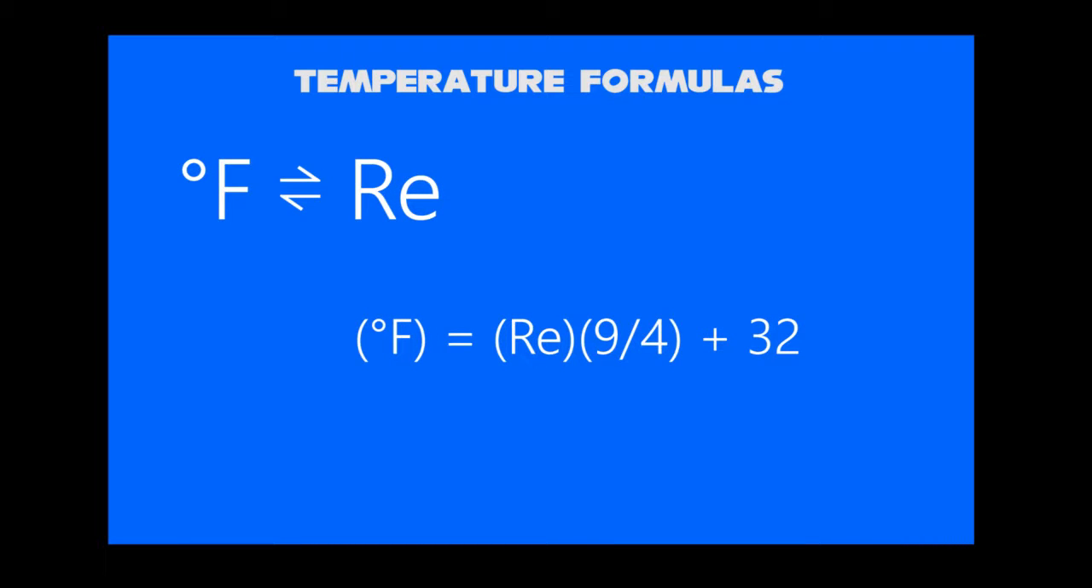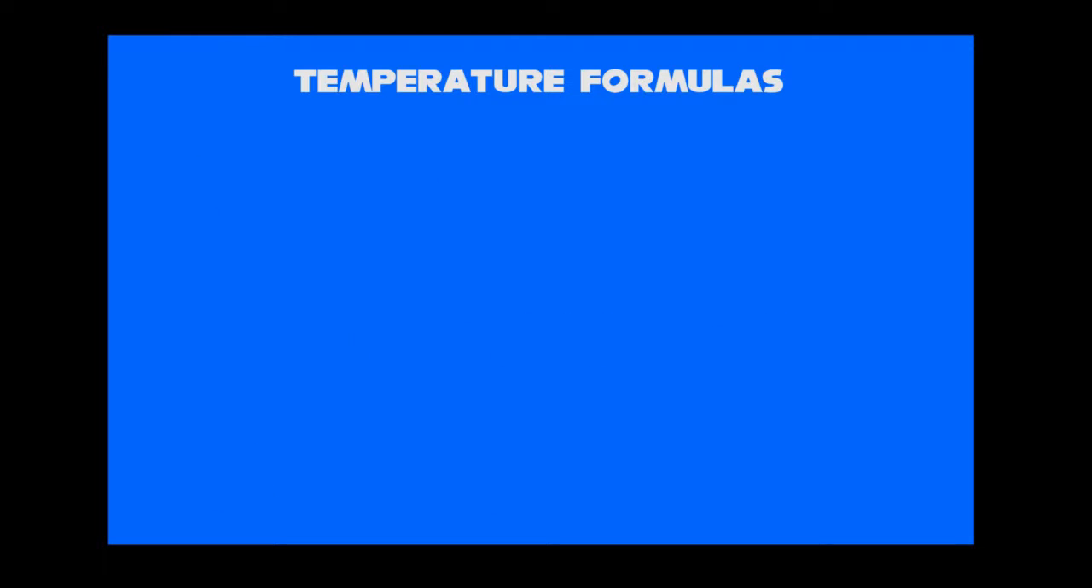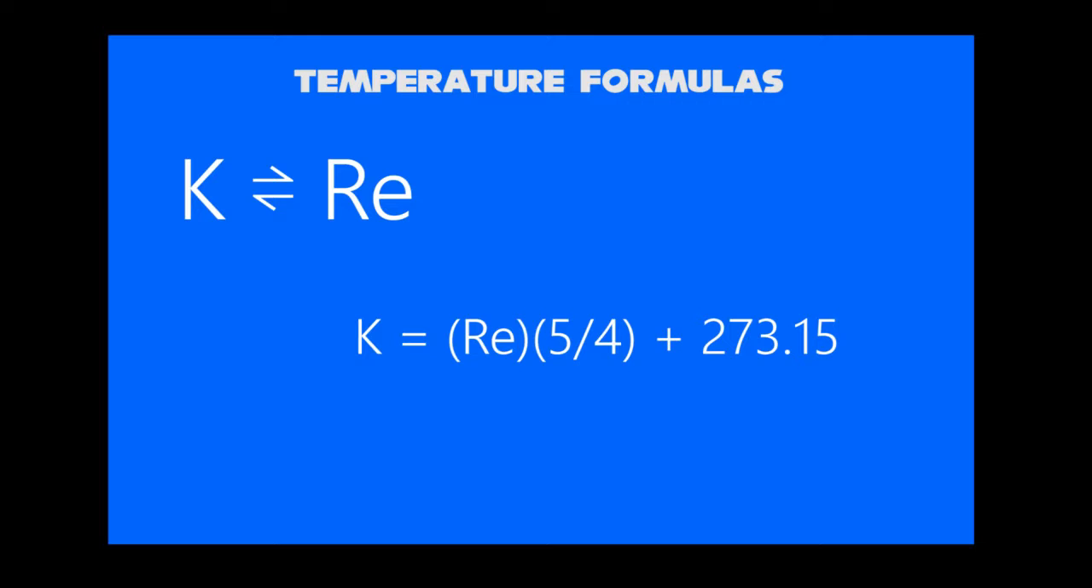The formula is Fahrenheit equals Reaumur value times 9 by 4, plus 32. For example, let's consider a new number 77. At 77 degrees Fahrenheit, we know, we get 25 degrees Celsius as you can solve. We get 20 Reaumur. And finally, Kelvin to Reaumur, the formula is, Kelvin equals Reaumur value times 5 by 4,